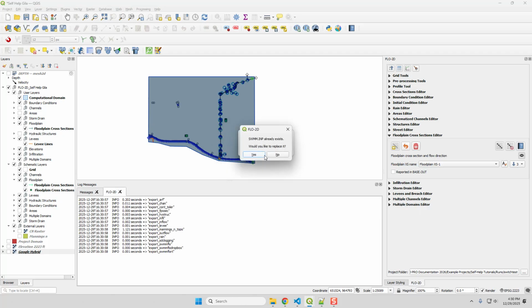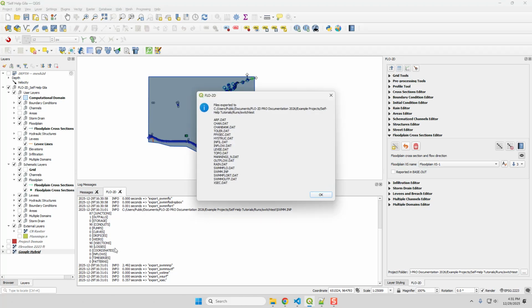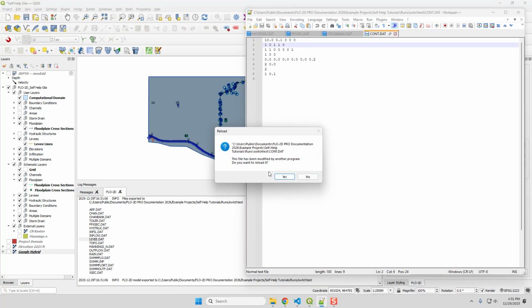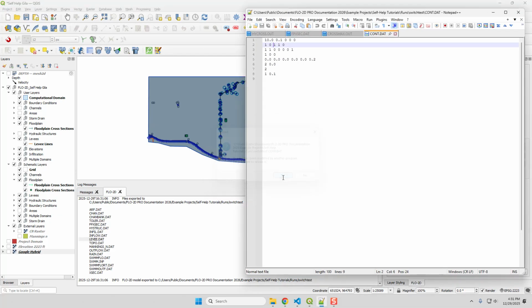Now you can see, let me click yes. Now you can see that it exported all of the DAT files. When I click OK, you can come down here to the log, and it will also show you that that DAT file was also reported. And then if you go to the con.dat, and I'll click yes because it was updated just now,